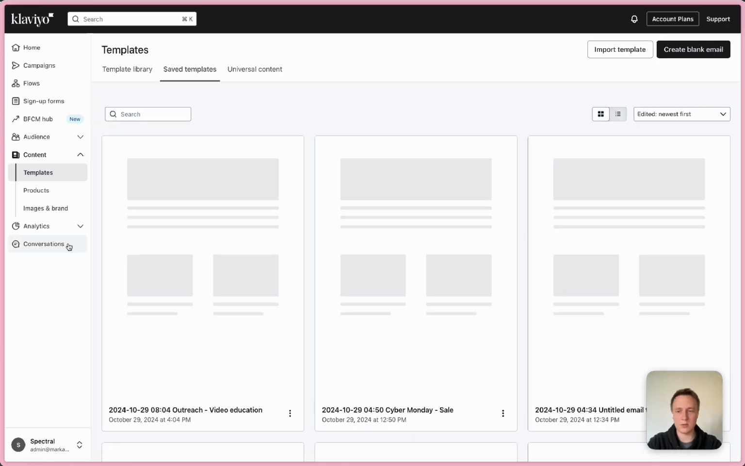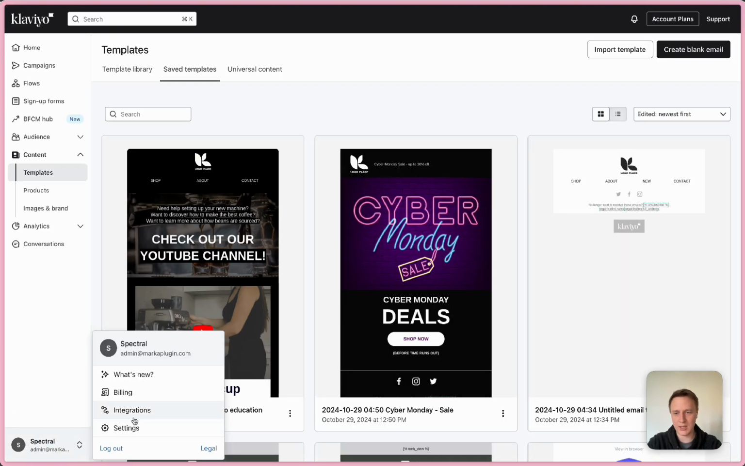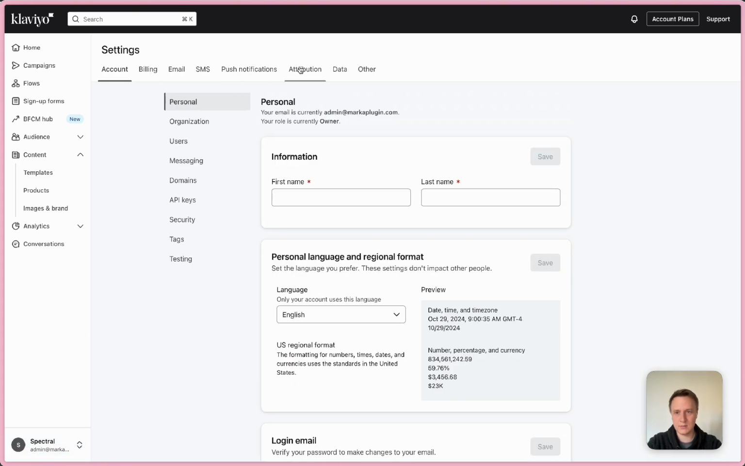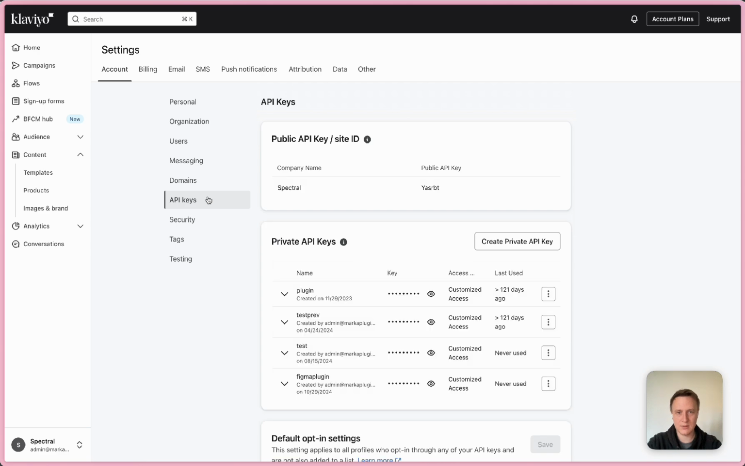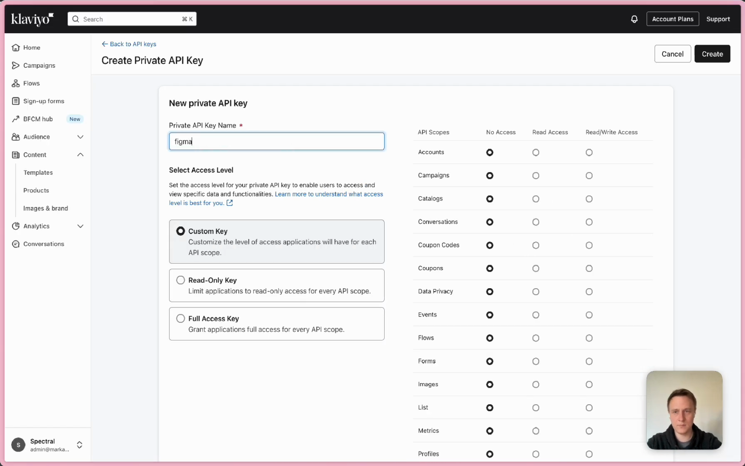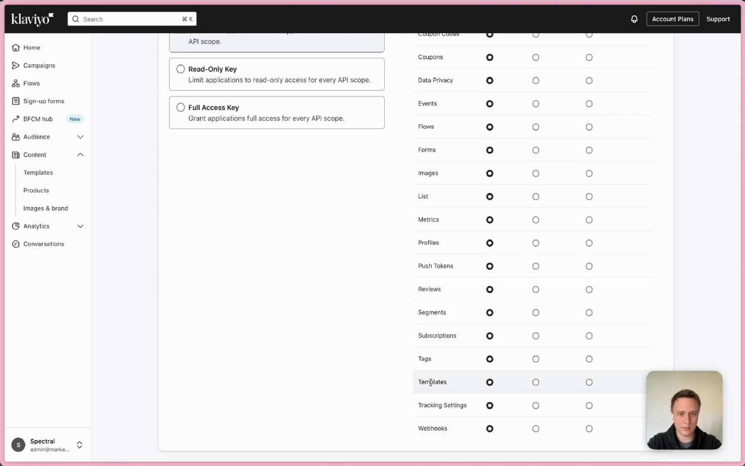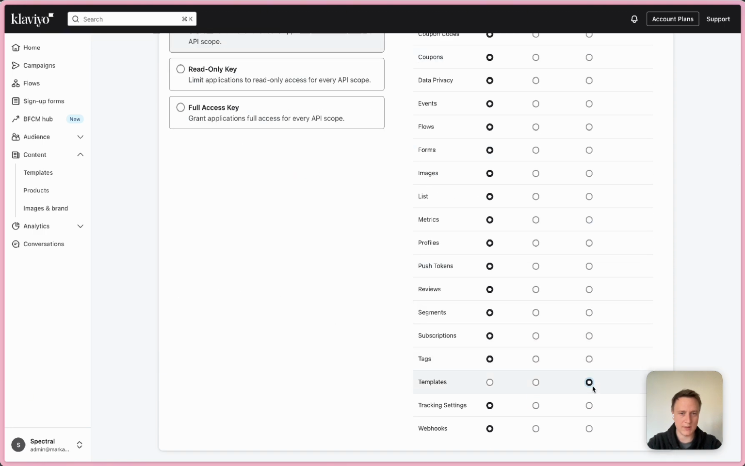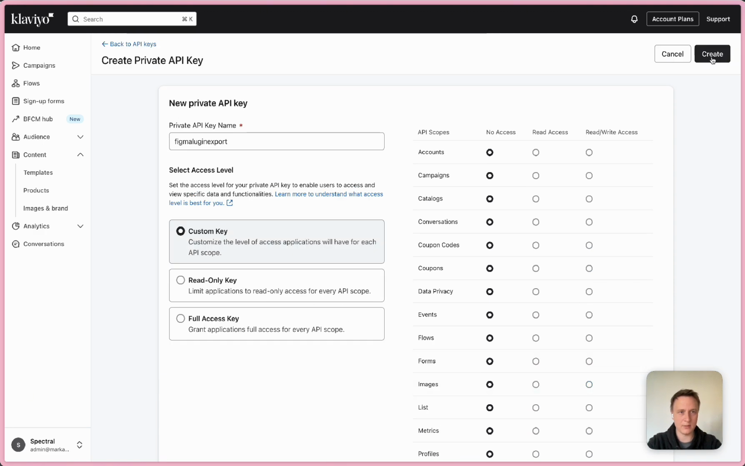First, you need to get your API key. Let's go to the settings, then API keys, and create new API key. Give it some name. Then it's important to click write access to the templates. Then click on create,